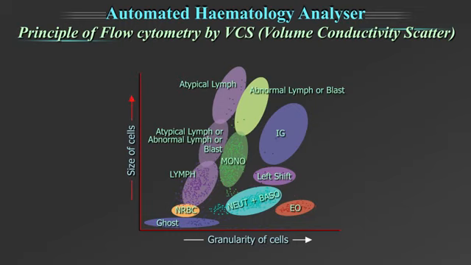The y-axis represents the size of the cells, thereby pushing the large cells like monocytes towards the top of the scattergram. Atypical lymphocytes and blast cells will also be seen on the top as they are large cells. Mature neutrophils and basophils are moderately granular and moderately sized and are found in the mid-zone. The small cells like nucleated RBCs, the lyse-resistant RBCs, platelet clumps are seen in the lower left corner or as